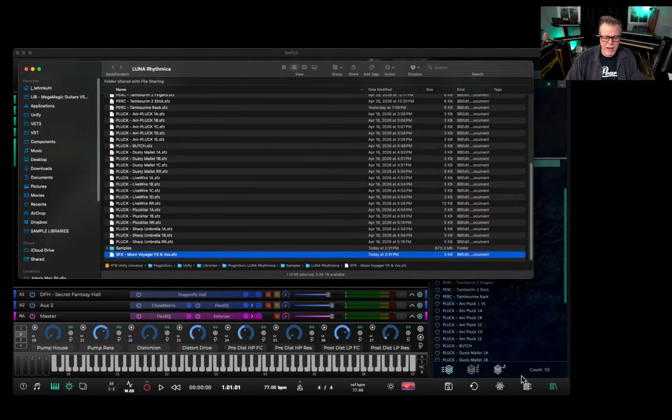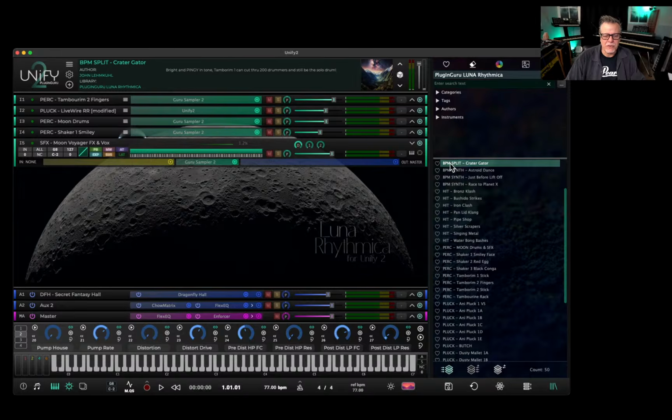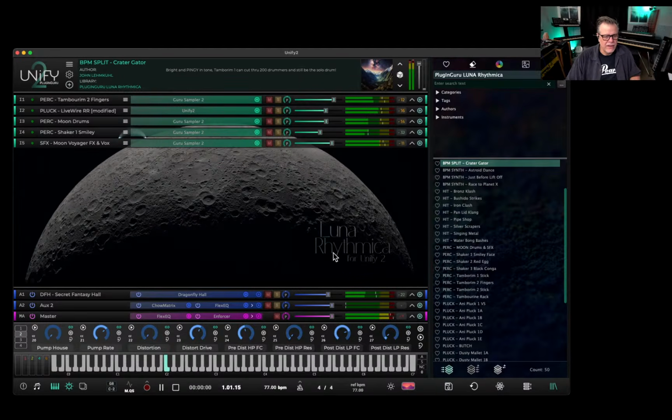And so now when I go back into Unify and I call back up this patch and I play it. I'm looking at the Earth rising over the horizon. It's a blue marble. When I play this low sample, it now plays right there when it's supposed to. If I hold this down, you won't be able to tell where it is, right? So I'll have to make a MIDI file where I have it do that, but we now have